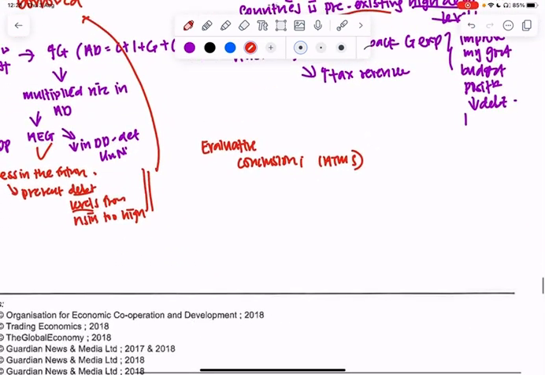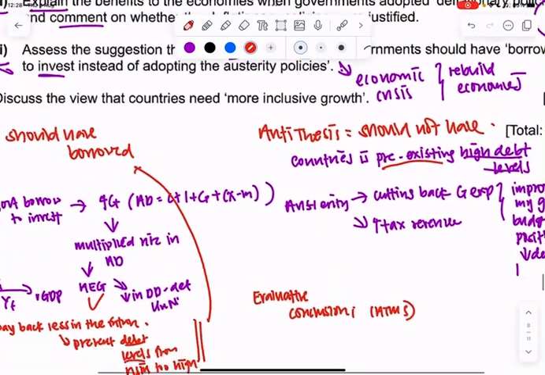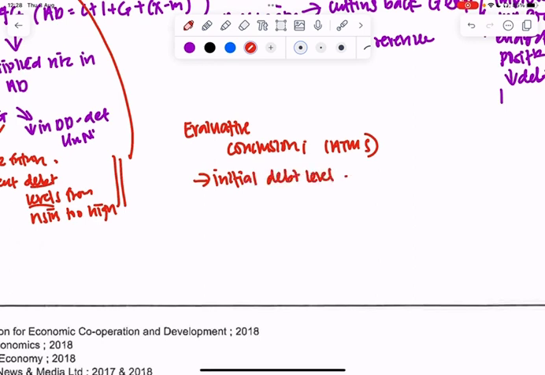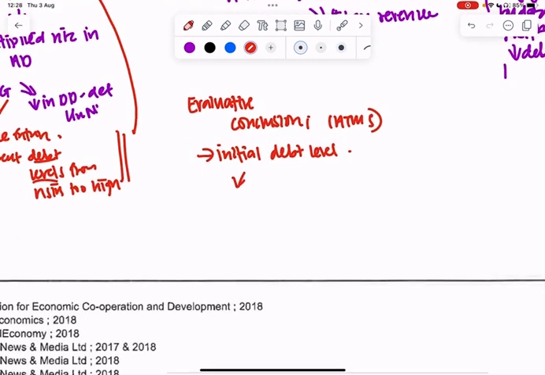So whether or not a country should borrow to invest largely depends on their initial country debt level. Am I right? Can you see that? Initial debt level. So after I discuss this initial debt level, I would say why? Because countries with high debt will probably blah blah blah. Countries with low debt levels can take advantage